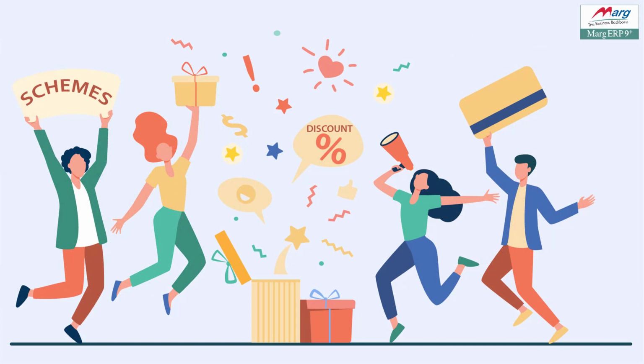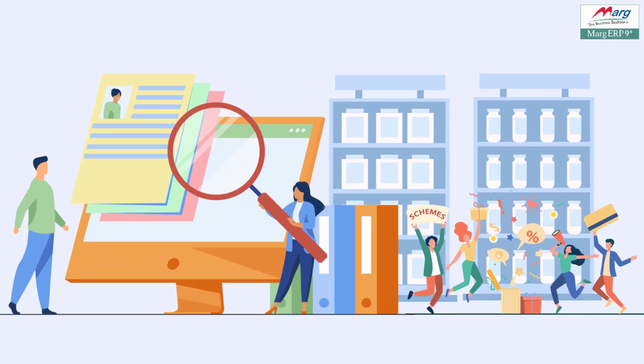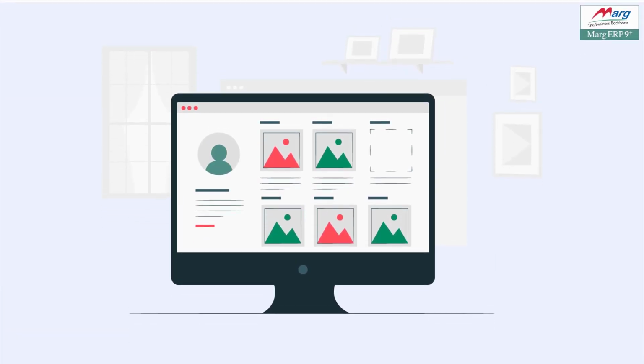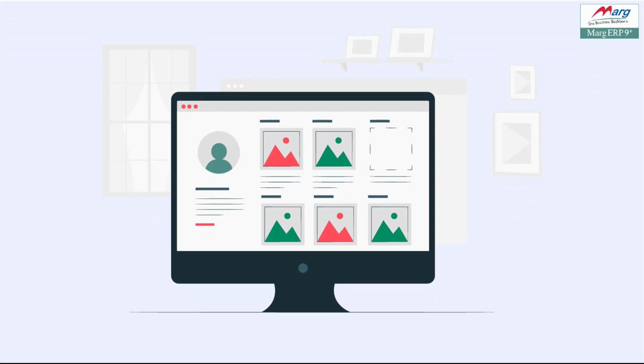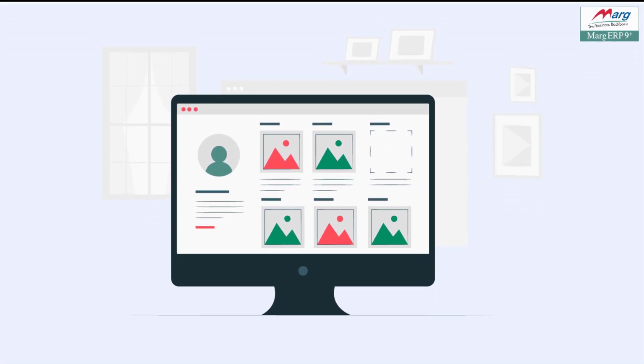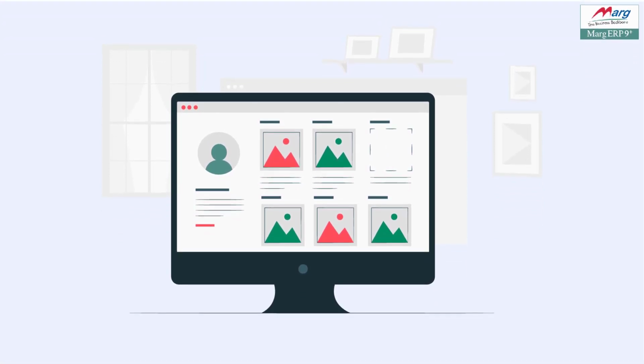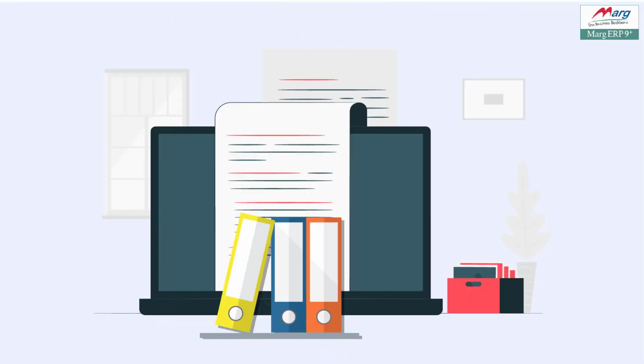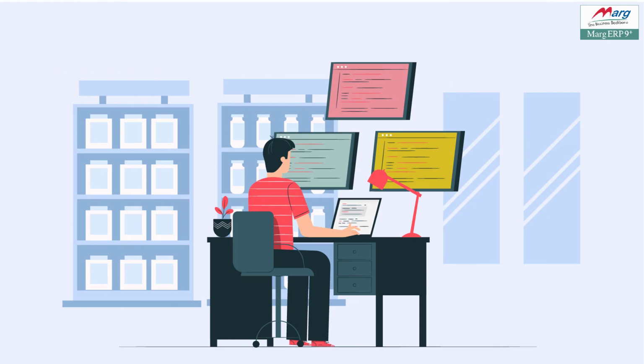And in the same way, suppose you provide discount and scheme to some of your customers, then you can also color-wise categorize those ledgers. You can do this while creating a new ledger, and you can also manage or change the status of those ledgers which are already created in the software as per your requirement. So in this video, let us see the process of how we can color-wise categorize those ledgers which are already created,